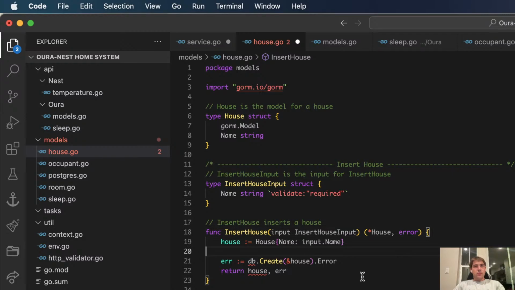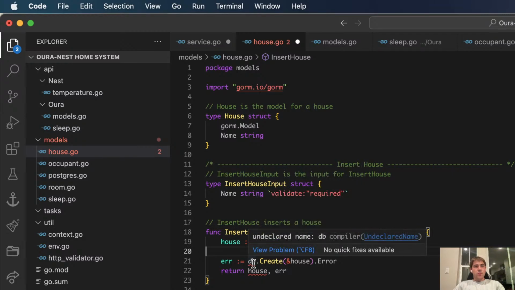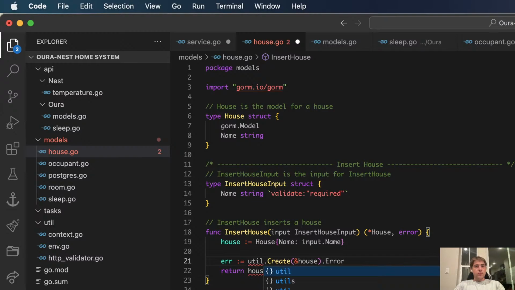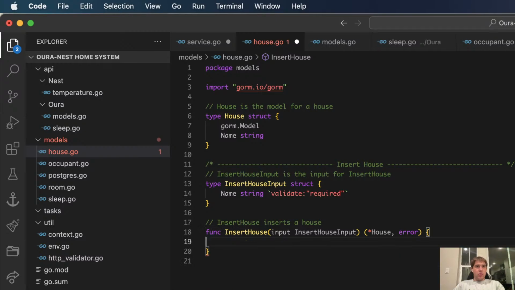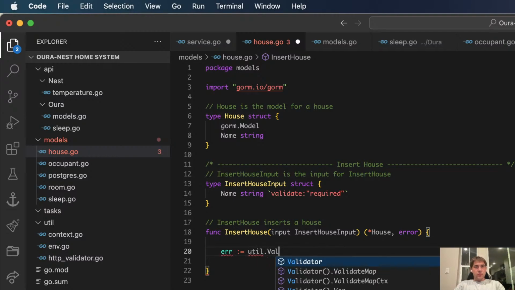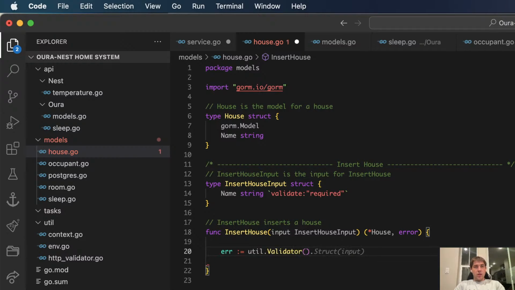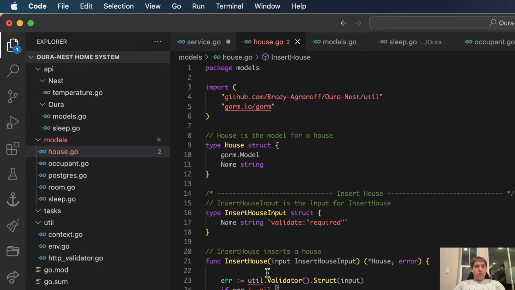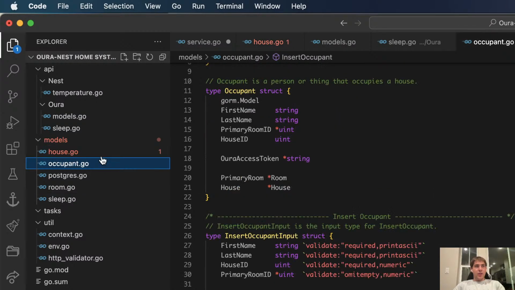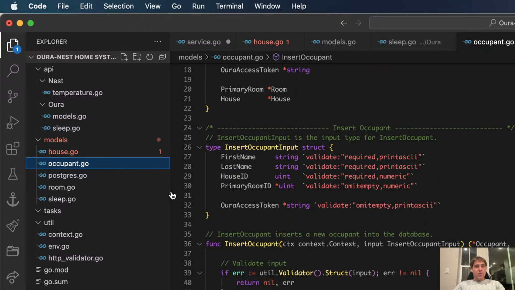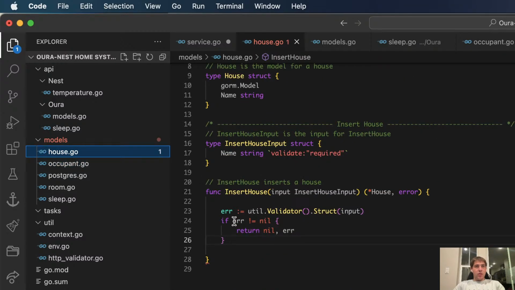All right. This is wrong. This is horribly wrong. Dot struct input. Let's see. Is that right? Yeah, I can.